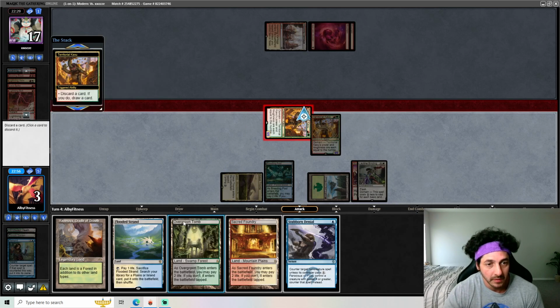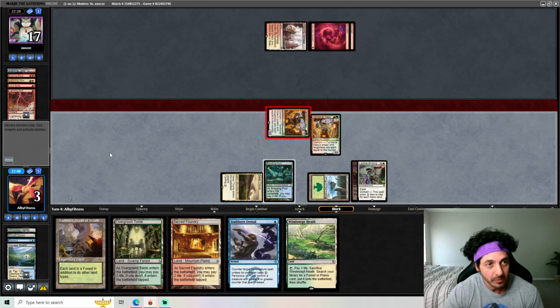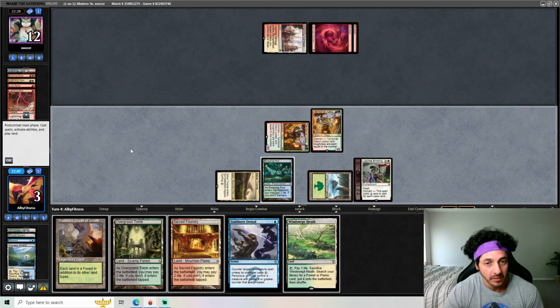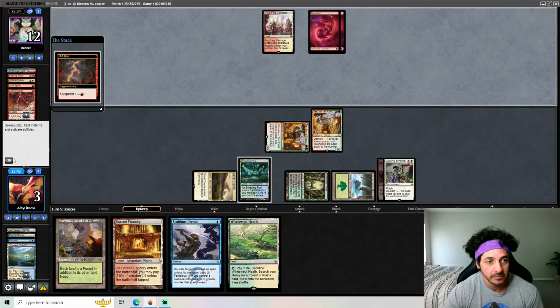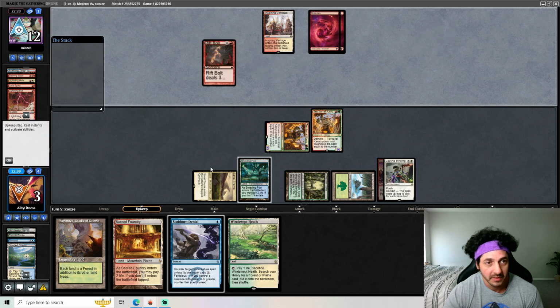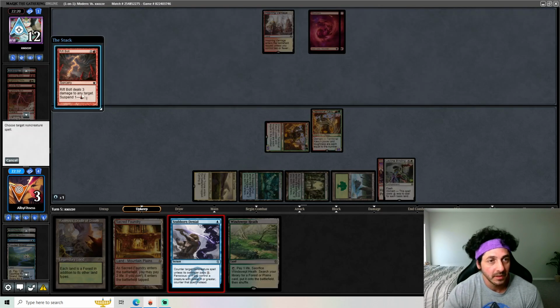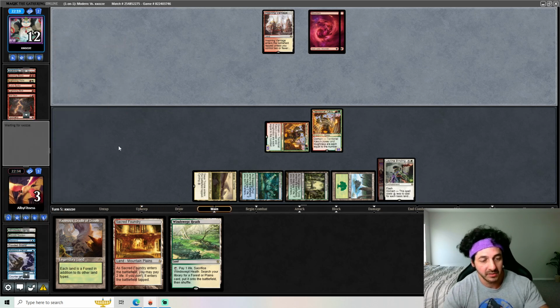Oops. Let's discard this. Not the best. Play this. We're going to have to Stubborn Denial this, and then they have two cards in hand. Hopefully it's nothing. I doubt it, but we can always pray and hope. We'll just F6 here and...